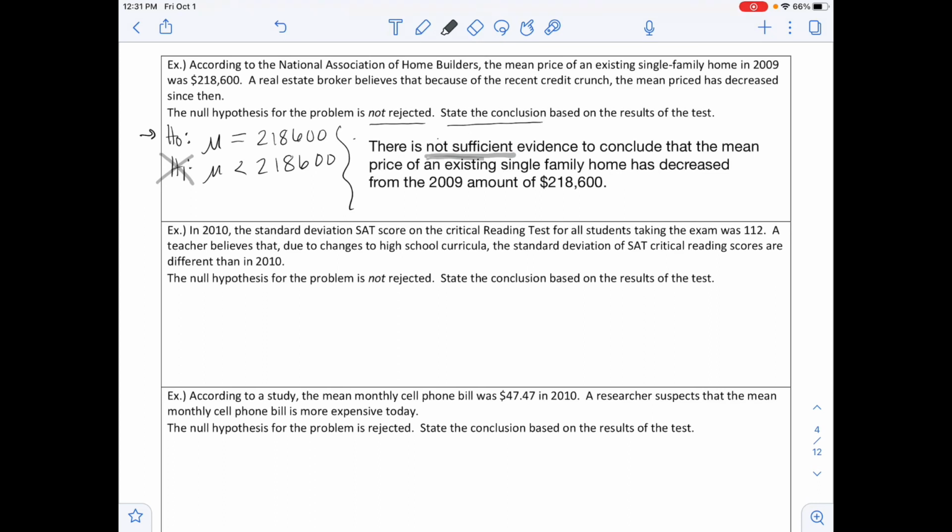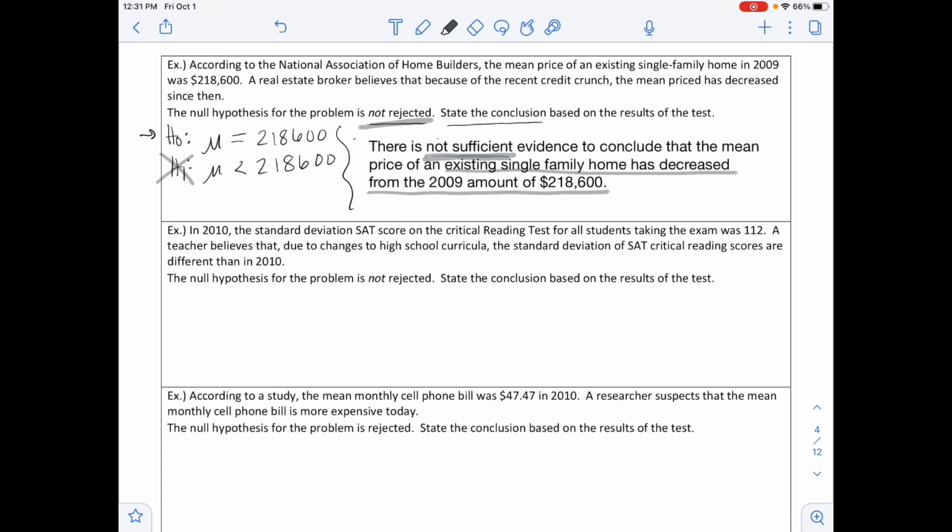A couple things to note. One is that there is not sufficient evidence, and that's because the null was not rejected. And the other thing is that whenever we write our conclusions, we always discuss H1, which is what we are trying to test. And so that was that an existing single-family home has decreased from the 2009 amount of